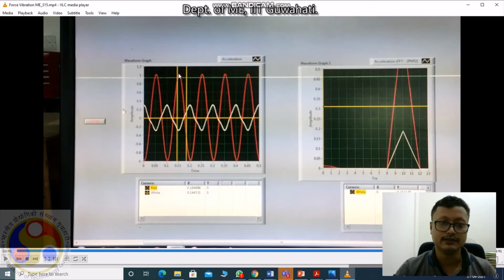So you need to measure this phase difference in the x direction. You just click the mouse here, and these two lines will be shifted here and here. Accordingly, you need to get the length from here to here, and put it in your data table. Here the excitation given is 10 hertz. This is shown here.